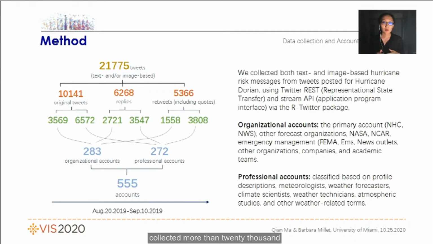We collected more than 20,000 tweets across the whole time frame, ranging from August the 20th to September the 10th. The tweets included original tweets, reply tweets, and retweets. Two kinds of accounts posted the tweets. One is organizational accounts, which include the primary accounts like the National Hurricane Center and National Weather Service and other weather-related organizational accounts. The other is professional individual accounts, which include professional individuals like meteorologists, weather scientists,